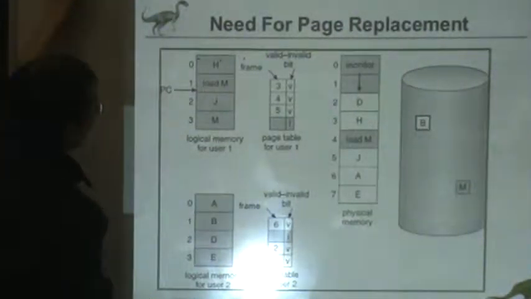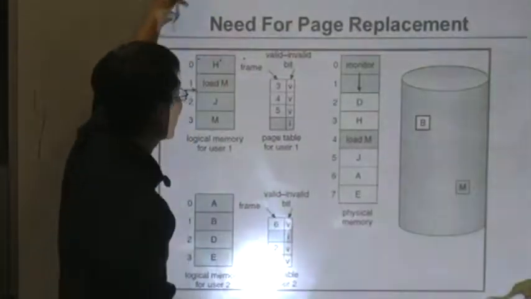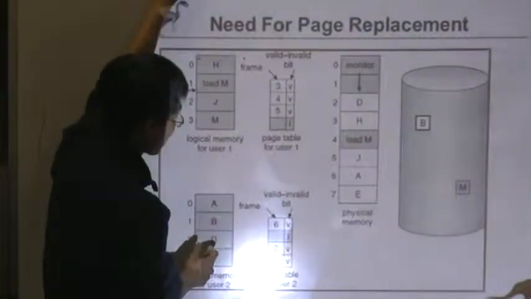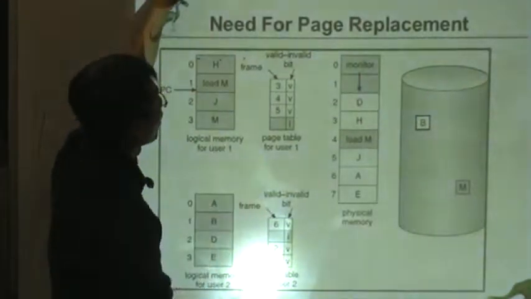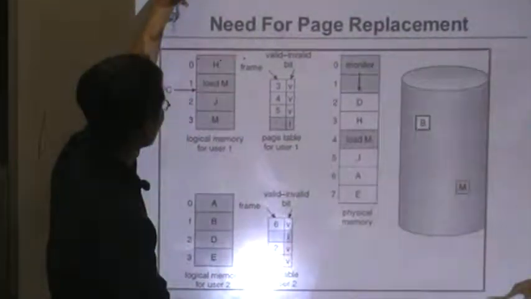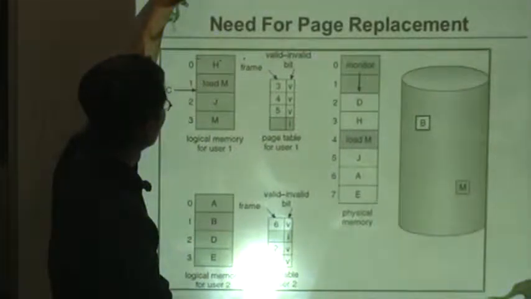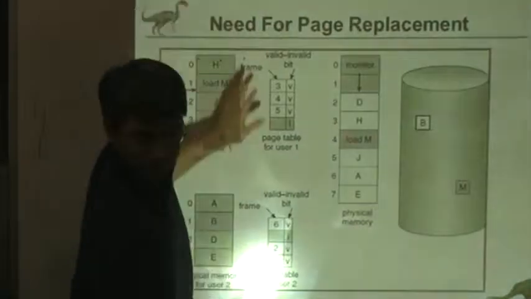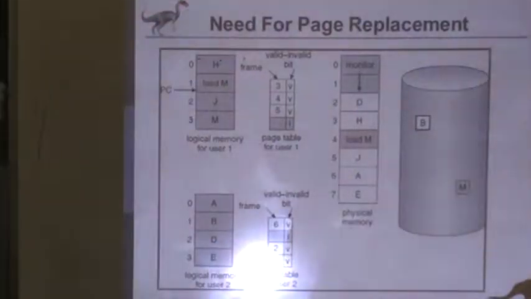Then this is the page table for the first process, and this is for the other process. So it's loaded. Then if you want to execute this one,